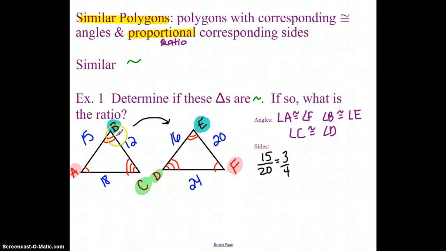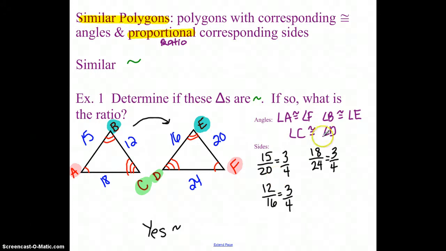So let's go to the next one. Blue to green is 12 here, and blue to green here is 16. So 12 over 16. 4 goes into both of those, 3 times here and 4 times here. Well, so far so good. The last one to look at is pink to green, which is 18 here and 24 here. Now 6 would go into both of those, 3 times into 18 and 4 times into 24. So on this one, yes, they would be similar,